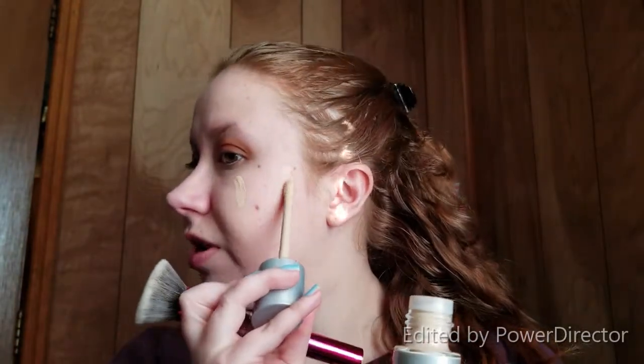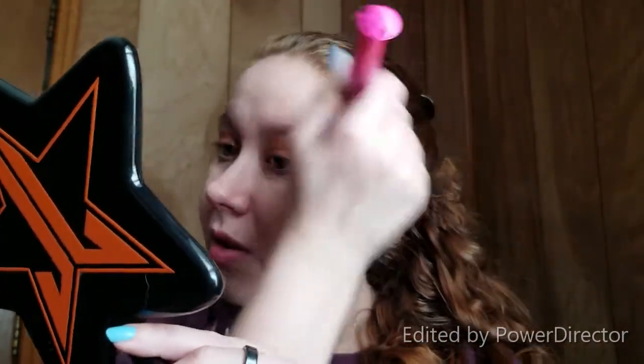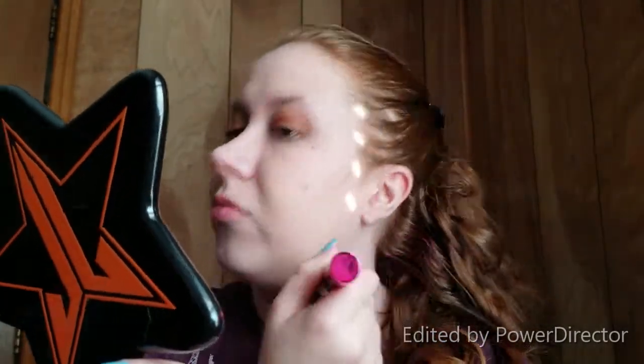By the way, the only reason that for today's look I did not go back into the Tati Beauty Textured Neutrals palette is because I do want to make another video using that palette and some of the more neutral shades. Because my first video I went in mainly with Poet, which is the pinky purple shades. And I want to make a video out of using some of the other shades that are a little more like what I would reach for every day, to see if it's something that is worth using every day, or if it's just for more glam